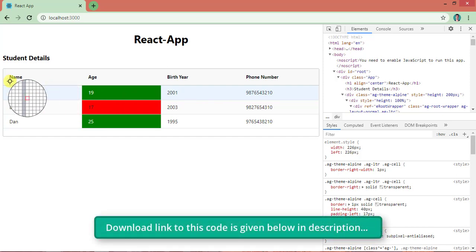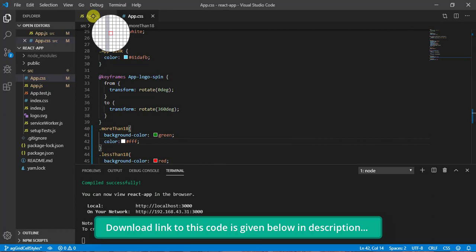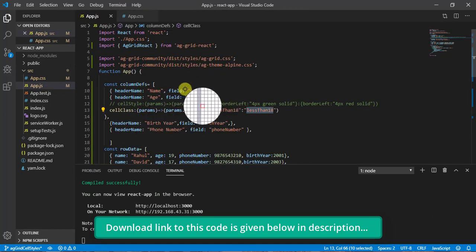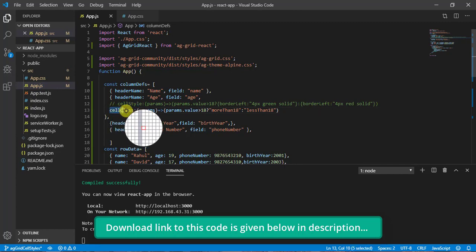If you want to apply this to the name, birth year, phone number, you can do that freely. How? You need to write a style in the header itself, and if you want to use cellStyle or cellClass, you can use any one of them.